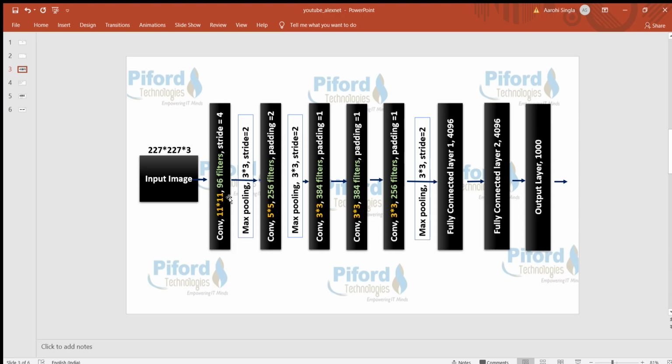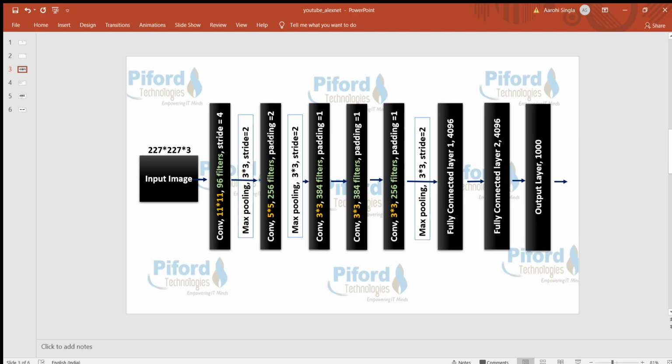The output of the first layer becomes the input of the second convolutional layer, where we are using 256 filters, right? Filters or kernels, one and the same thing. Here we are using 256 filters of size 5 by 5 with padding 2. All these stride, filter and padding values were already defined in AlexNet in 2012, and by using this particular network, AlexNet won that competition.